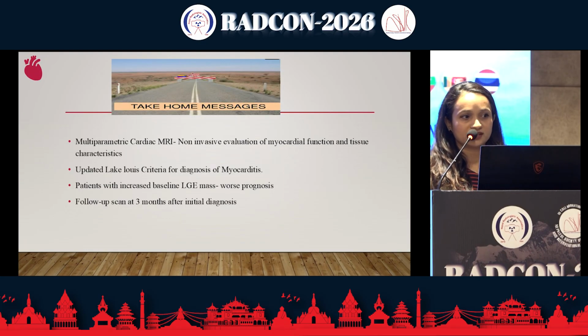So these are the take-home messages. Multiparametric cardiac MR is a non-invasive evaluation of myocardial function and tissue characteristics, and we have learned about the updated Lake Louise criteria for the diagnosis of myocarditis, and a patient with increased baseline LGE mass has a worse prognosis, and follow-up scans at a 3-month interval are a must